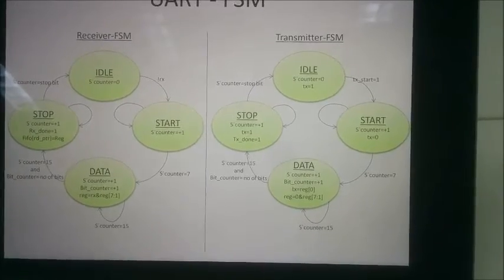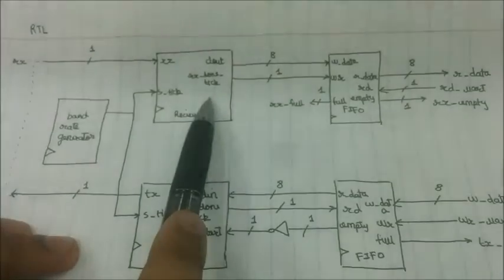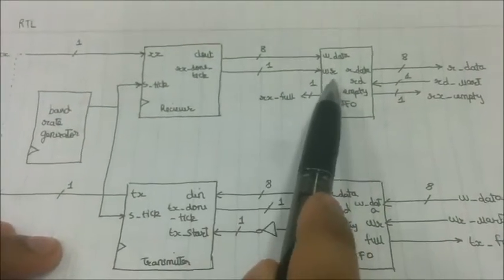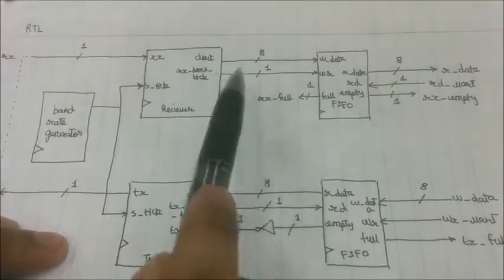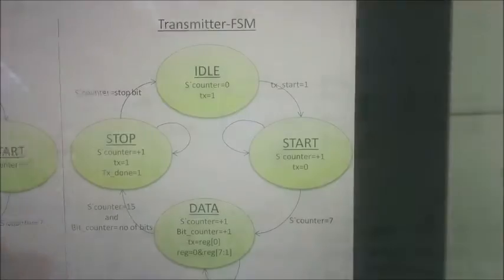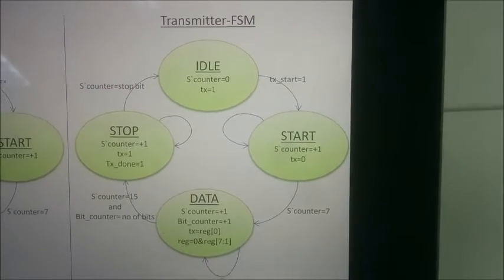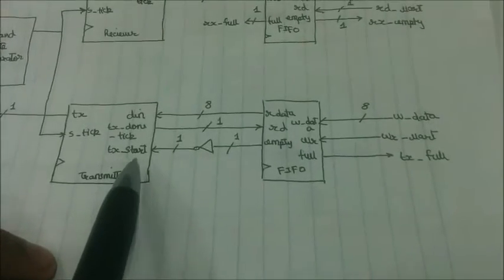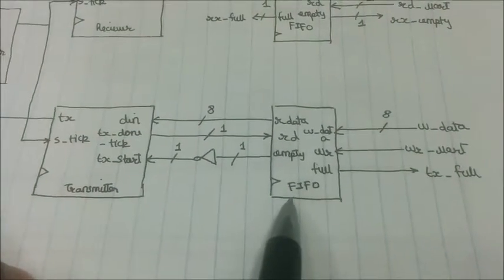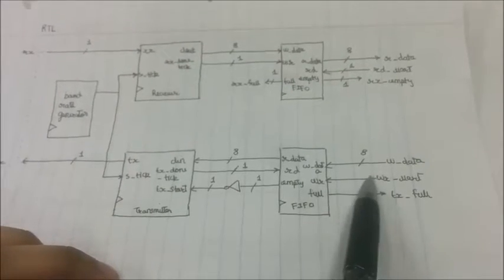After the receiving operation is done, it asserts the rx_done_tick signal, which asserts the write signal into the FIFO. Thus, whatever data is in the d_out gets written into the FIFO and can be read by the user. Similarly, the transmitter will operate, but the only difference is that it won't start until the tx_start bit becomes high. This bit will only become high when it knows that the FIFO is not empty. The FIFO won't be empty only when the user has written some data.